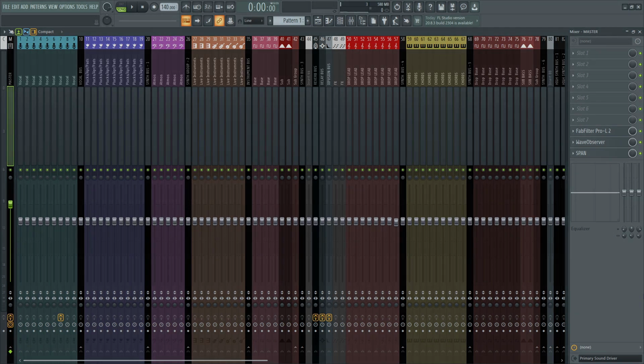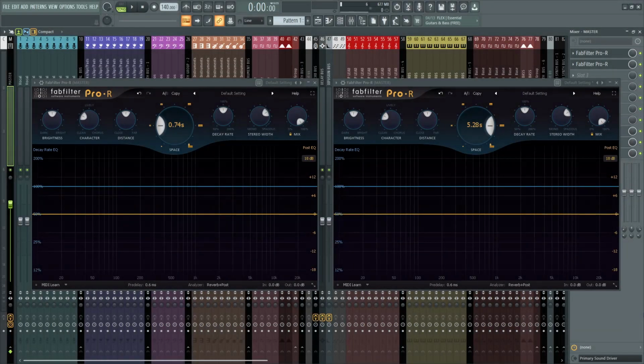So, let us begin. The very first mistake that I see people make is, suppose there is a section in their track where there are a few elements. For example, there are vocals, some synths, some plugs, some pad sounds, some atmospheric sounds. And what they do is they apply reverb on each one of them. And the mistake that they make is they assign different room sizes to each of them in the reverb settings.